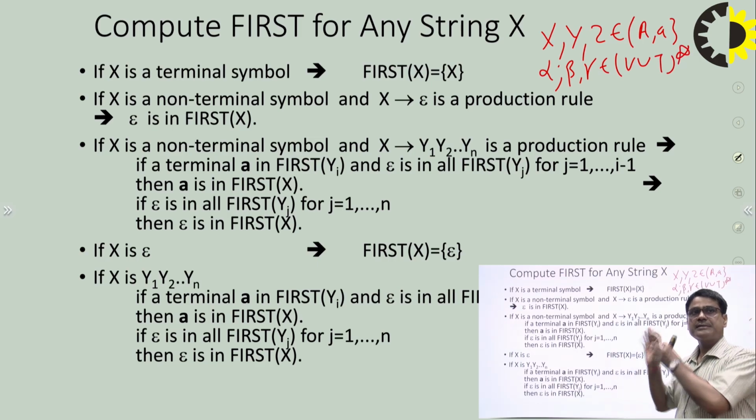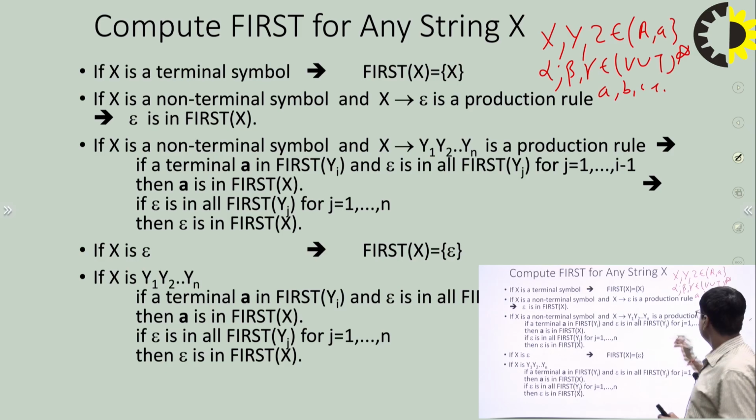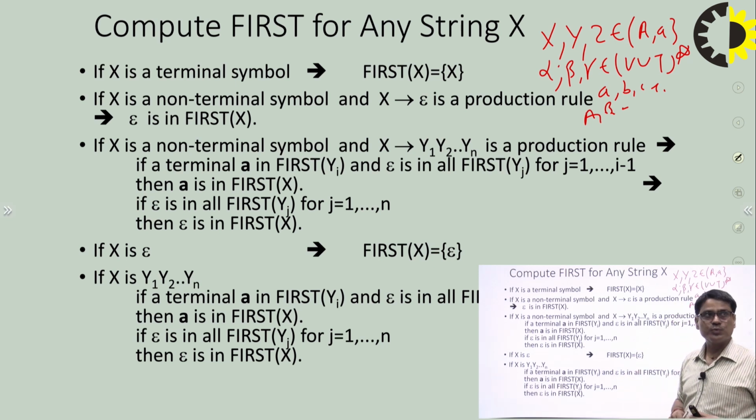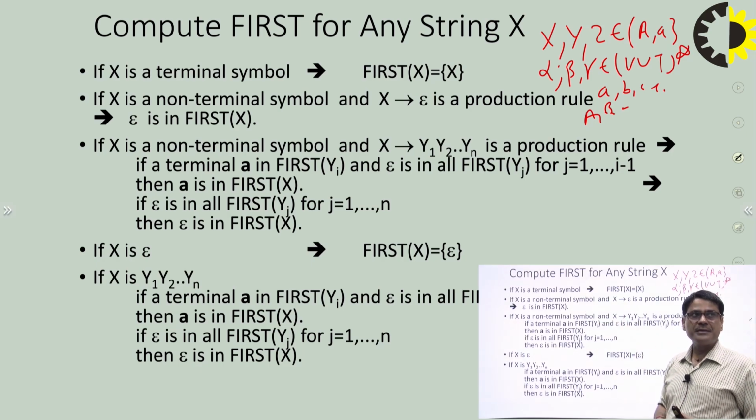So we are using these kinds of notations for generating the rules for first and follow. Then we use small a, b, c, plus, minus for input terminals, and capital A, B, C, D for variables. If you are aware of these things, then it is easy to understand these rules. So if you are talking about capital X being a terminal symbol, it means either the particular variable derives some terminal or a particular terminal is there.